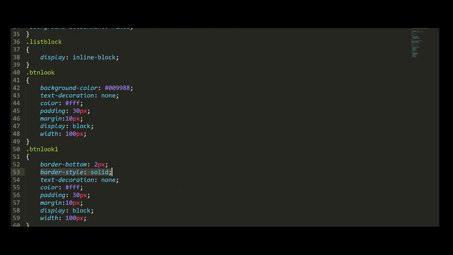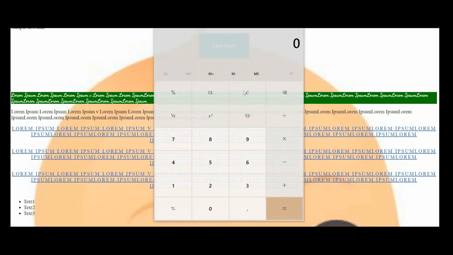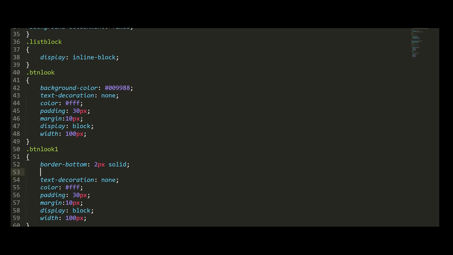I have given border style as solid at the second property, so it is applied all sides. So if I am giving this value in this property itself, just refresh. Now you can see only border at the bottom, right?